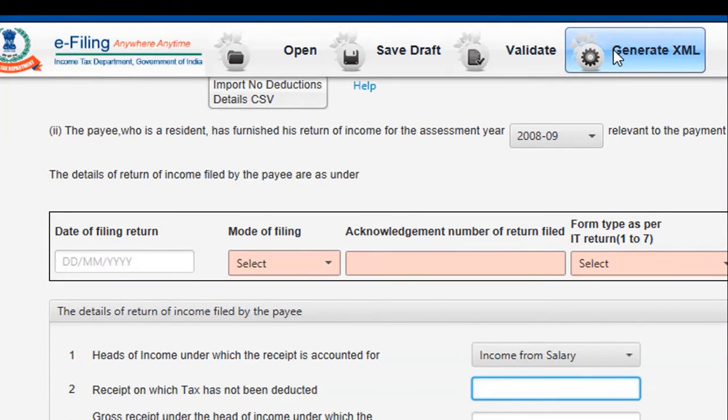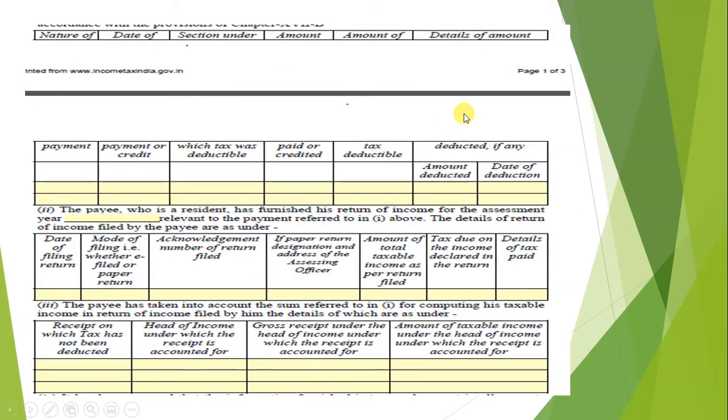So after all the details of form were filled up, he has to validate the form by clicking on the validate option given over here. So once he clicks on the validate, validation will be done by the form. So once the validation is successful, he has to generate the XML by clicking the option over here. So once the CA generates the XML file, it will be generated. So here friends, for the sake of convenience, I gave the summary of NXREA details. NXREA details consists of short deduction, no deduction details, and the recipient IETR details.